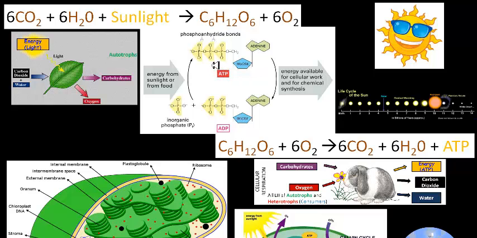We do it in a process called photosynthesis and cellular respiration, but what we use these for is to actually make a high energy biological molecule called ATP, adenosine triphosphate. Sunlight and the food energy sugar goes into it, and we take this inorganic phosphate and we bond it to this organic diphosphate, adenosine diphosphate, ADP, and we make ATP, like I said, an energy-rich molecule, which goes into cellular work and